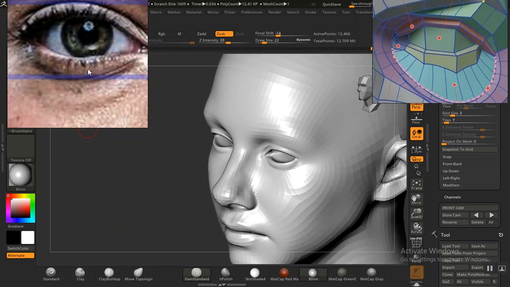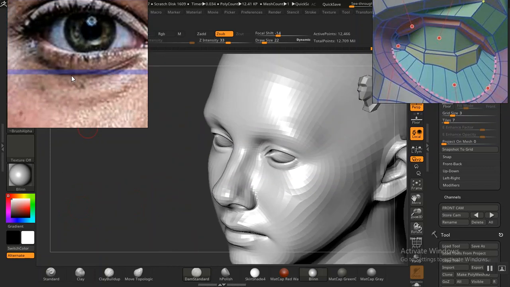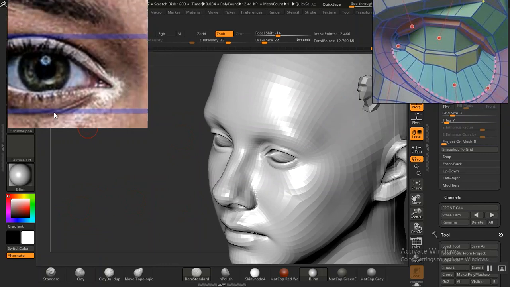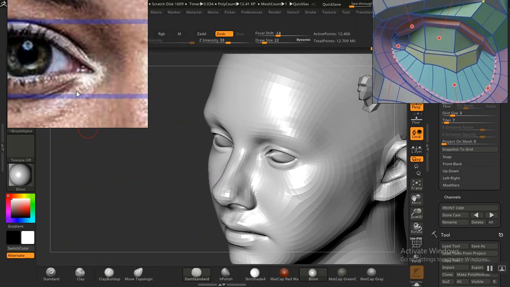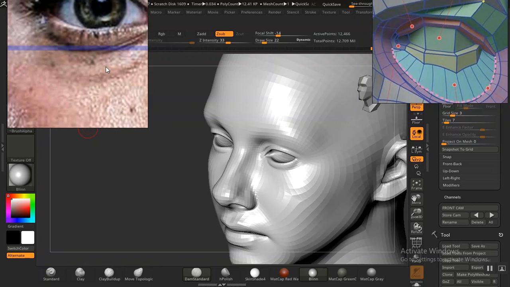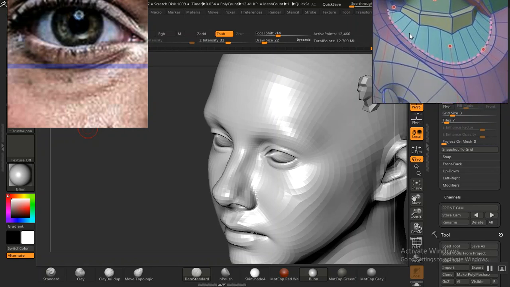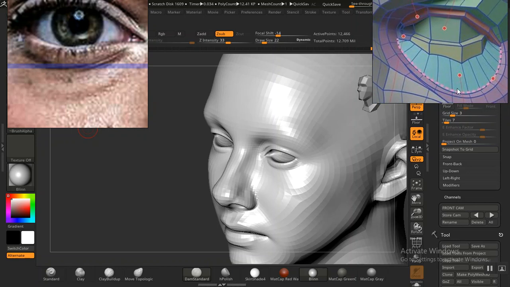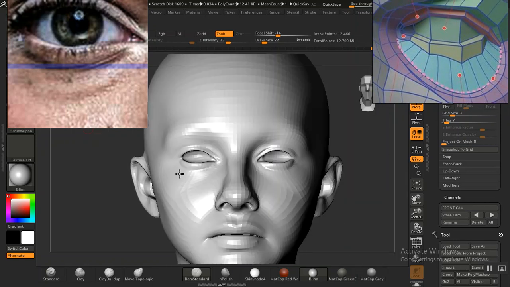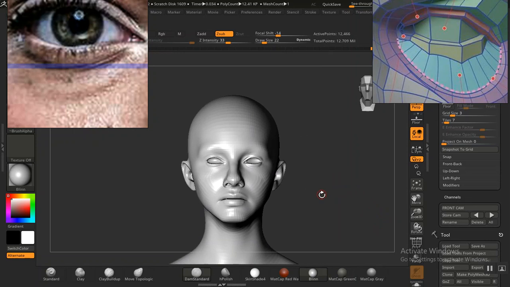Now I've established this landmark in here. Another landmark we need to establish is this one down here underneath the eye bag, which is this particular aspect of the eyes. So let's establish this. Going back to our reference again,